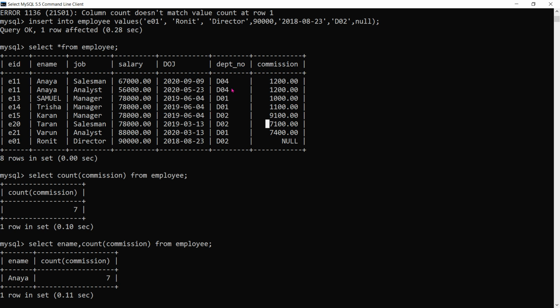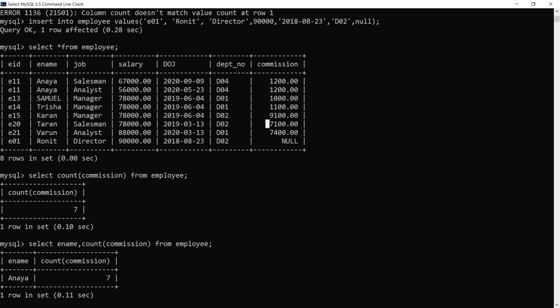In another example, we can see department number. If we talk about department number, we can see there are D04, D01, D02. So 3 groups will be created for departments.